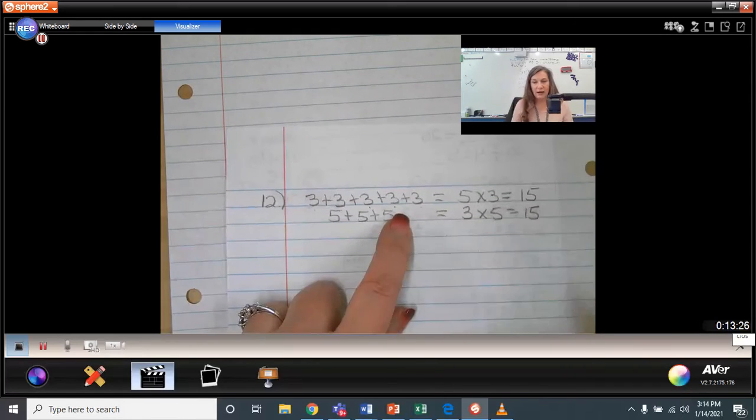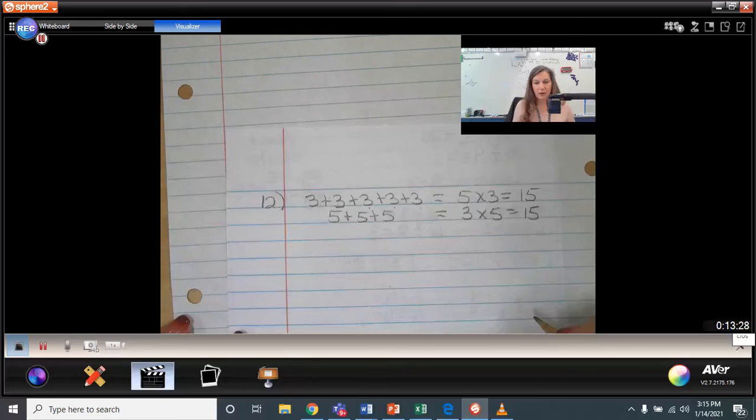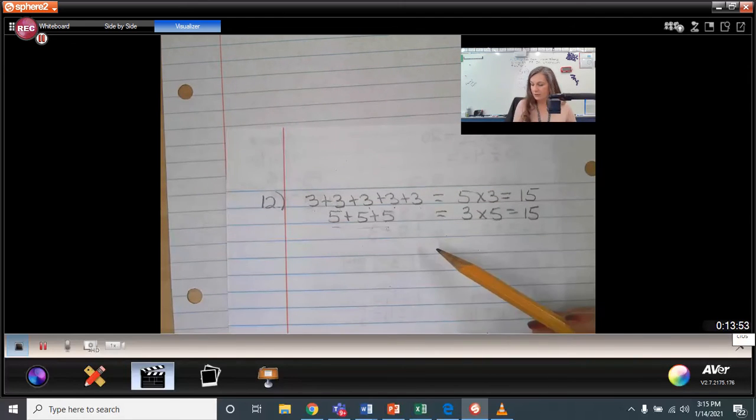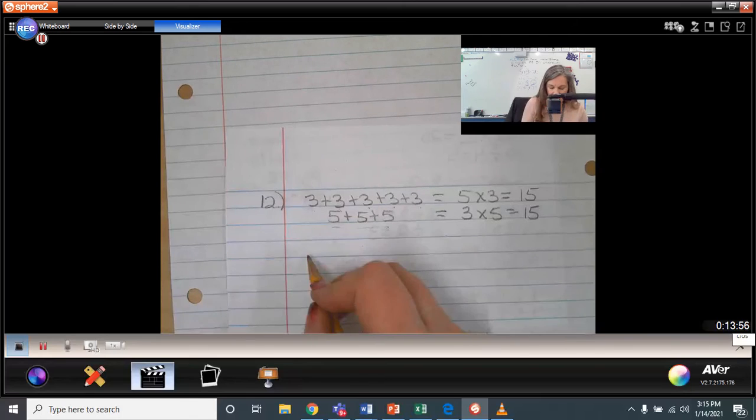So without dividing and actually showing my model, I should know that more groups is going to need more addition. Smaller groups, less addition. That's my example here. So I can use that understanding to help me with my argument. So it says, how do you know? So it says, you can tell